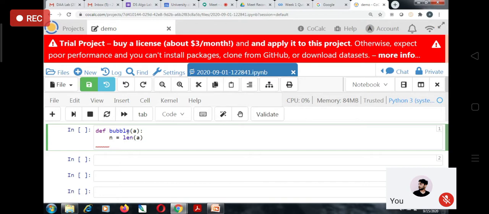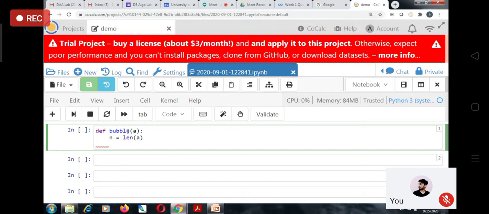Now, can any one of you tell me what I should write? Like what will be the loop here? Anyone? You tell me what the loop will look like. Any one of you? This is simply the bubble sort that you have already done in C. The loops are the same, but only the syntax will be different. So you tell me what will be the loop. Anyone, can you tell me?